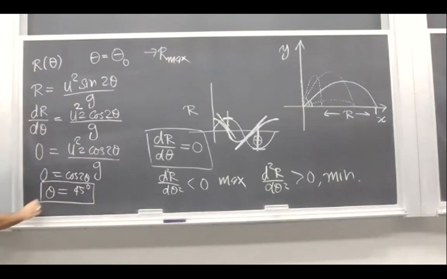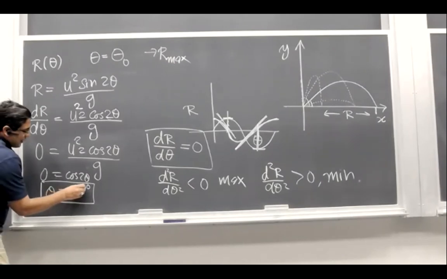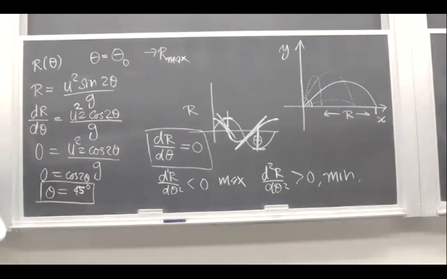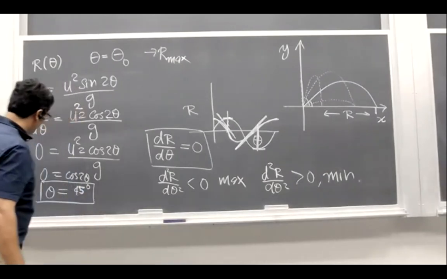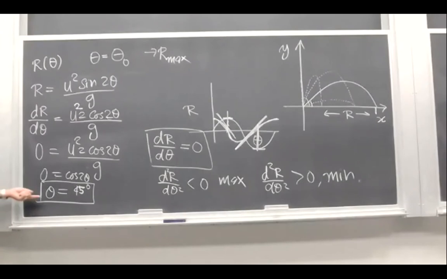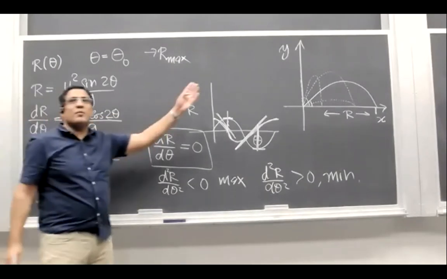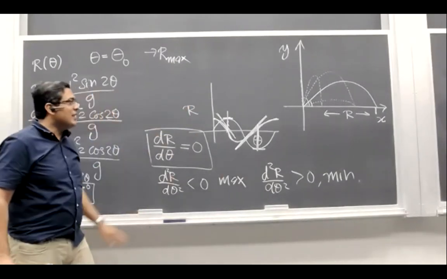So I'm sure that you know the answer from before, but the important point is that we learn how to impose this kind of conditions, and how to use calculus derivatives to find these type of answers. Sometimes you have more complicated situations where you can't guess the answer or can't intuitively find out the answer. So this would be the answer. So theta 45 would maximize the range. So if you shoot the projectile at 45 degrees, and this is a special case.